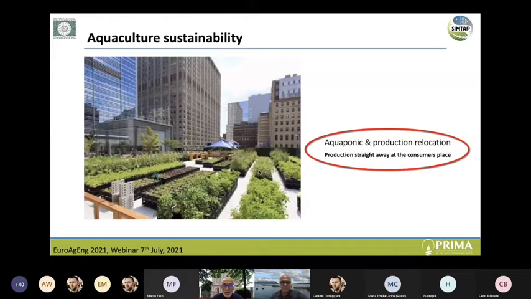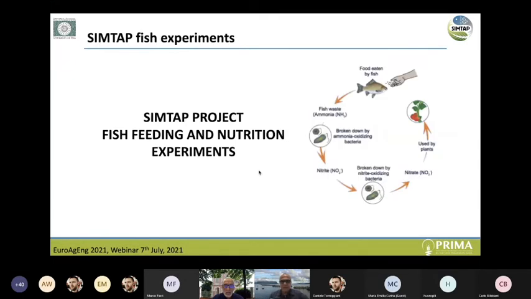In our case, of course, our aim is to produce fish, and we are trying to produce feed on site, there where the food production takes place. So we are not going to, at least this is our goal, our idea, to import raw materials from Argentina, Brazil, and the USA to produce fish, but we want to produce our raw material, our aquafeed, on site. So this is the context